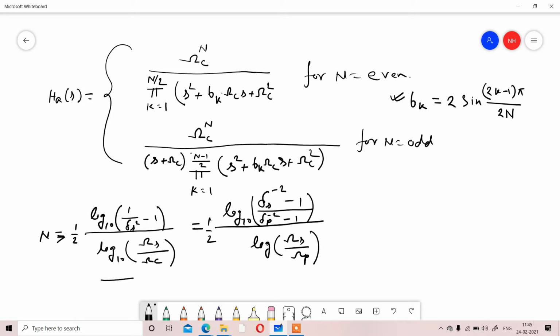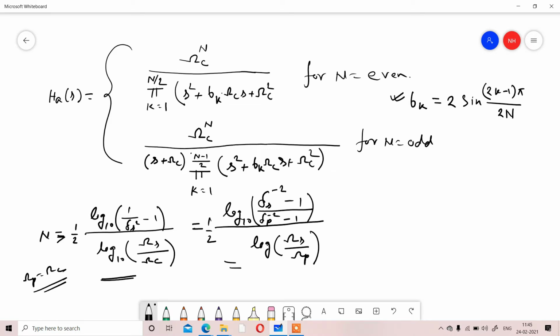So the first equation, n greater than or equal to, is for when omega p is equal to omega c. If the cutoff frequency is given and the stop band frequency is given, then we will use the first equation to calculate the order of the filter. If the stop band frequency and pass band frequency are given, then we will use the second case. So that was the equation to calculate the order of the Butterworth filter, and from here to calculate